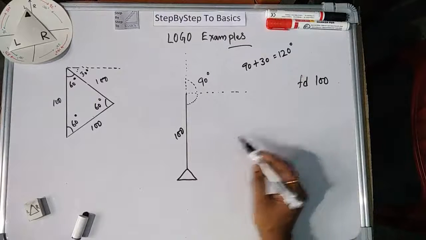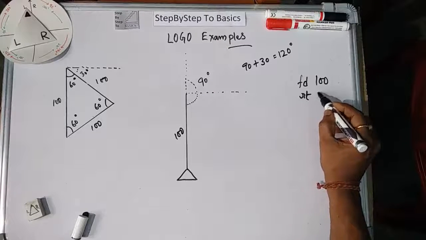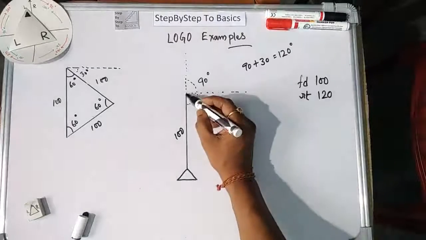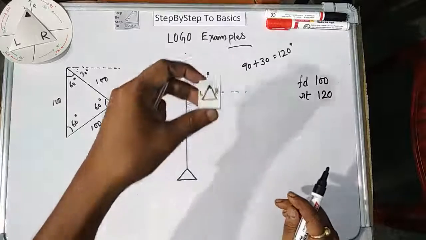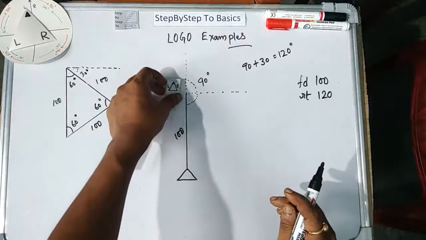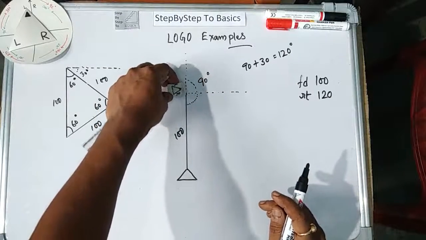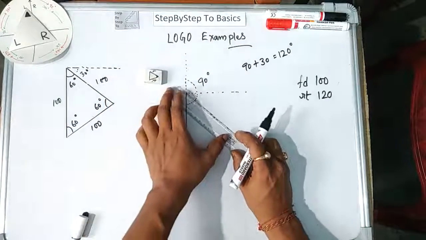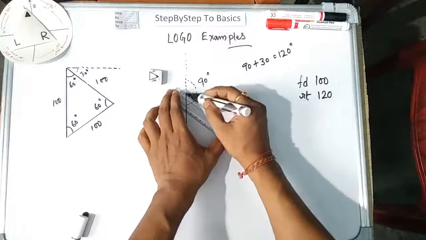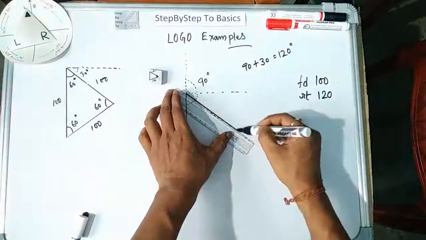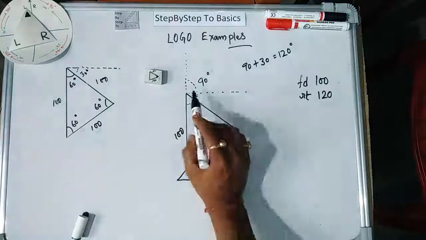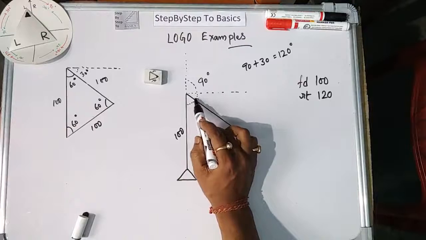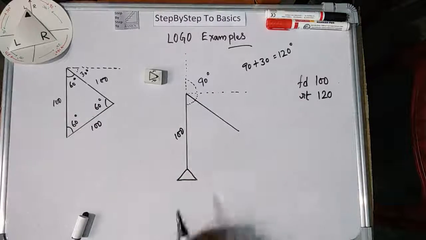So what I will write? I will write RT 120. So what it will make? It will turn from this side, the turtle is like this. So it will turn not only 90 degree, more than 90 degree, that will be 120 degree. So it will turn like this. I don't have a compass or a protractor to show you the actual value, but it will be something like that. So you can see this is 90 degree and I turned it more than 90 degree, so it is 120 degree.